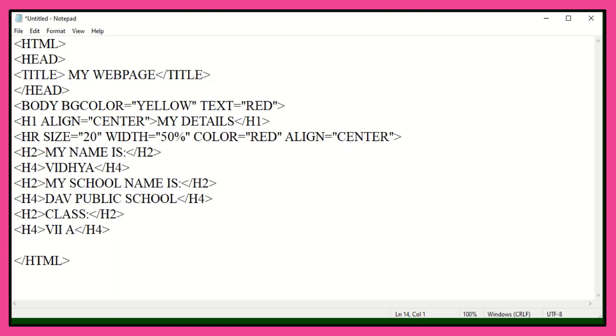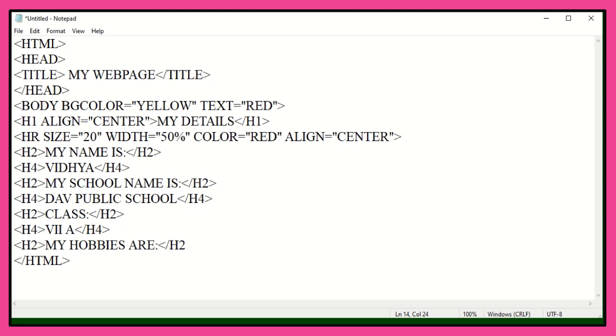Now again I am making use of the H2 tag. My hobbies are colon, closes H2 tag. This is the second level of heading.